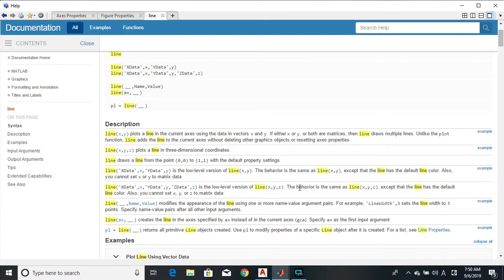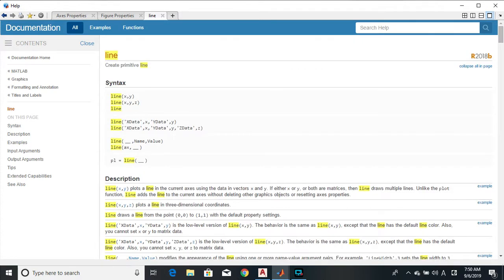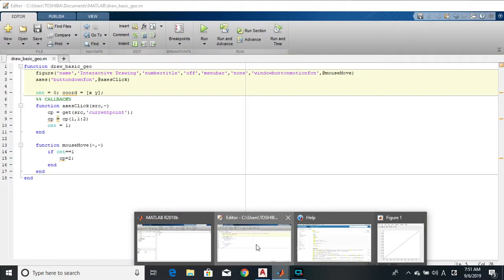Good. So listen, this x vector here will contain the x coordinates of point 1 and point 2, for our case, and this y vector will contain the y coordinates of point 1 and point 2. So this is where we will have x1, x2, and this is where we will have y1, y2. Okay, so let's say, for the sake of illustration,